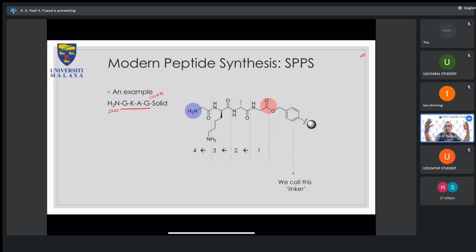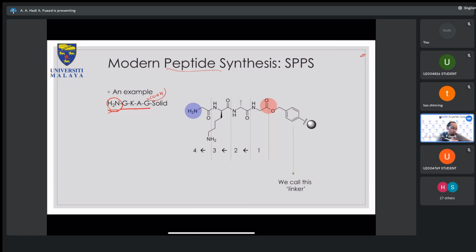It's the same way as if you write the word peptide. You write it from the left to the right. You don't write it from the right to the left. Well, you can, but some people might get confused, or they might not understand what you're trying to convey. Okay, so this is a standard nomenclature for how you write the sequence of peptides. So always amine on the left-hand side and carboxyl on the right-hand side.